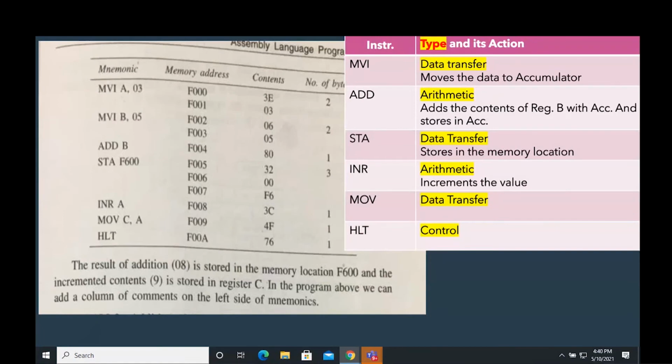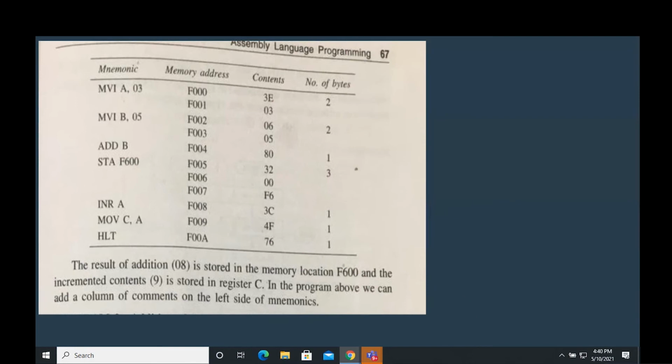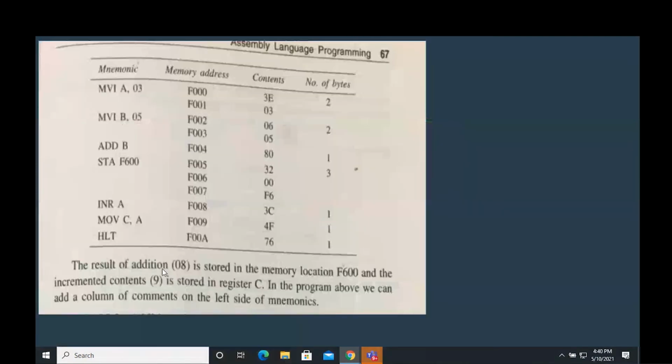And one more point we must notice, if you look at these addresses as they keep incrementing, after 8 it's 9, after 9 it is A. So they are following the hexadecimal pattern in this memory address. Why am I saying this? Because in your exam you will have to write the memory addresses. We will only give you a question like this. You will have to first write the flow chart, then write the mnemonic column and the memory address column. We are not interested in the number of bytes. We are not interested in the hexadecimal code.